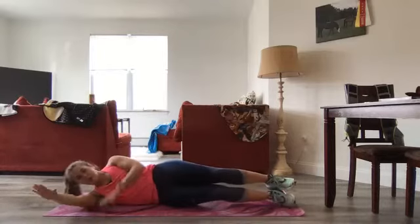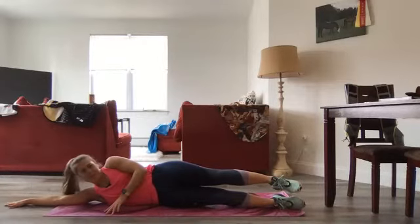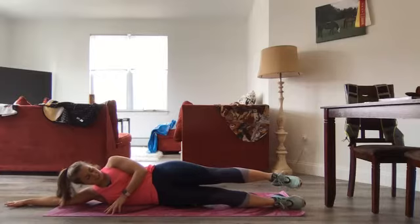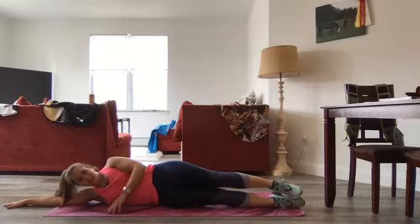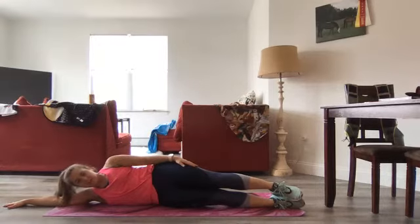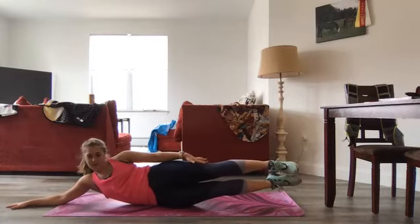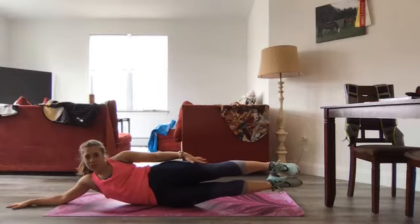Nice job. Bring that bottom hand out towards your head. I want to say ceiling, but that's not right at all. Legs straight, arm extended out. Top arm is coming on top of your legs here. We're going to do those holds again. So inhale to prepare. Exhale, we lift those legs and reach down with our hand for 5, 4, 3, 2,